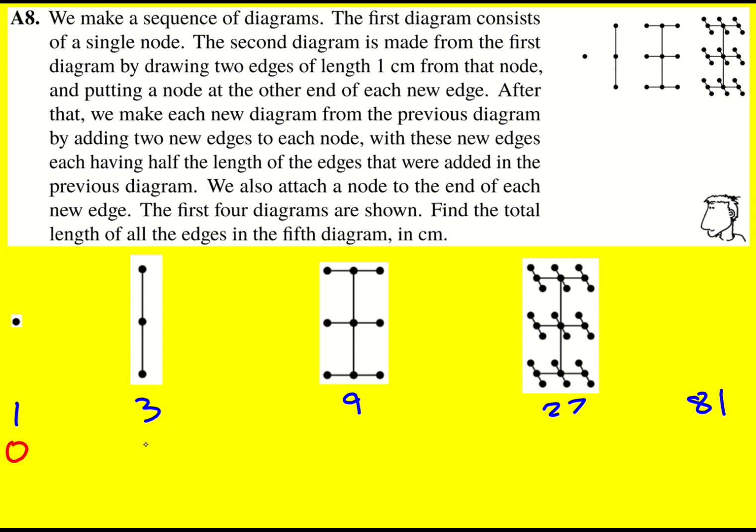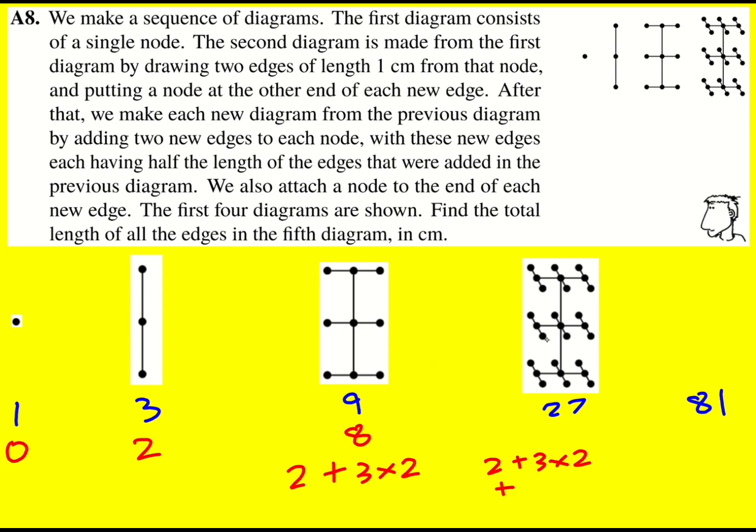So for this one, we've got 0, but then it goes up to 2. And here we can quickly count them to 8. But what is happening is we've got our 2 from before, and then for every node, we get an extra 2. So it's going to be 2 plus 3 times 2. For this one, we've got our 2 plus 3 times 2, but then we're going to get an extra 2